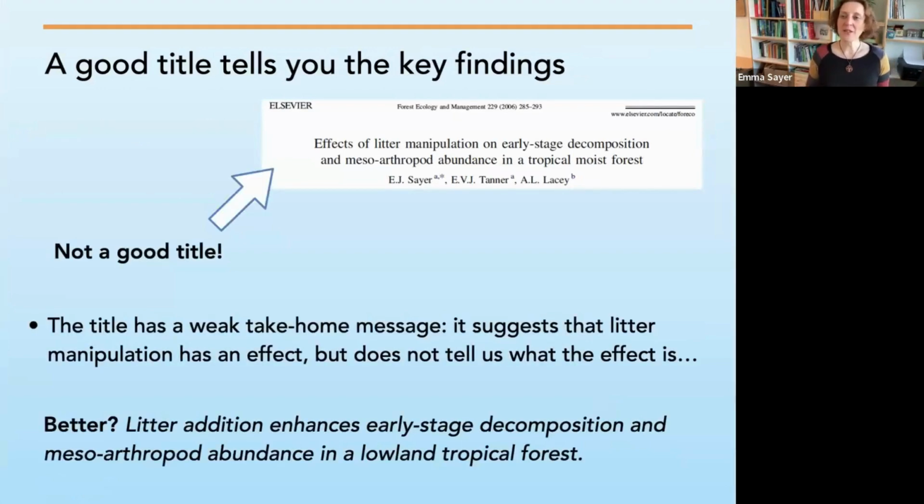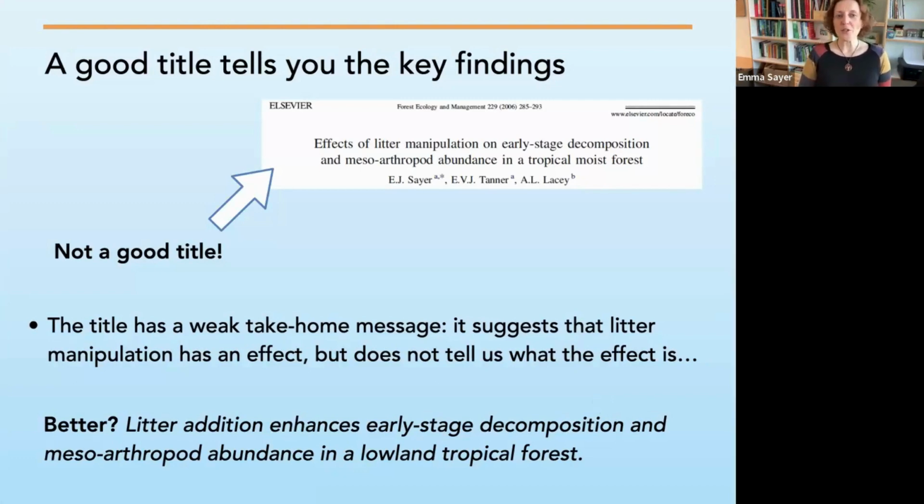So this one does have a take-home message, but it's very weak. It tells us that the litter manipulation has an effect, but it doesn't tell us what the effect is. So in this case, a better title might be "Litter addition enhances early stage decomposition and mesoarthropod abundance in a lowland tropical forest." These are two examples from my own papers